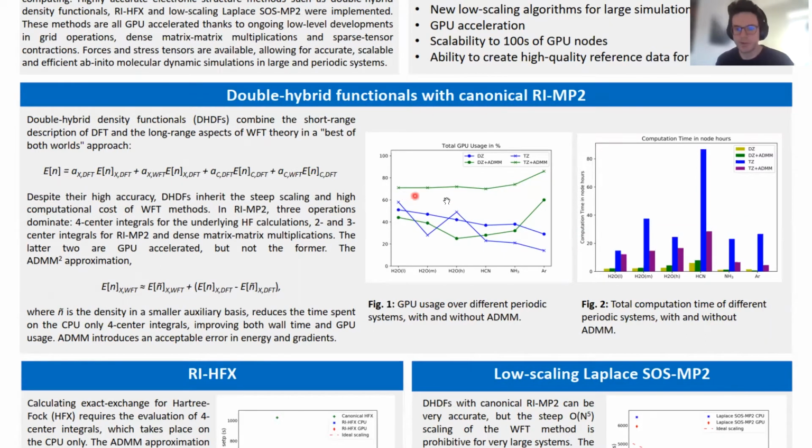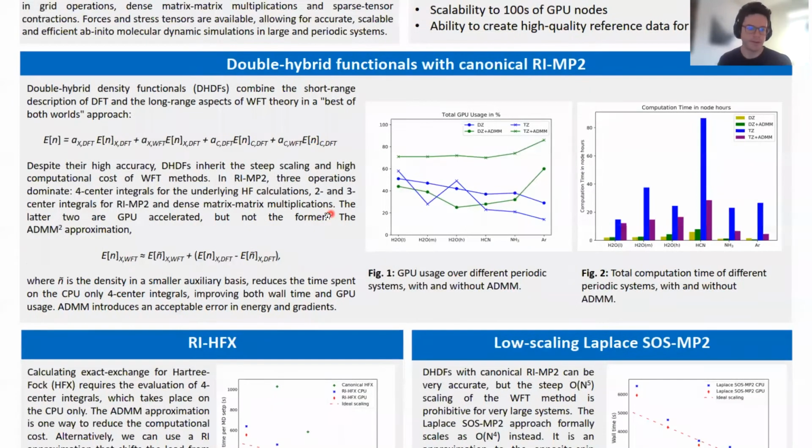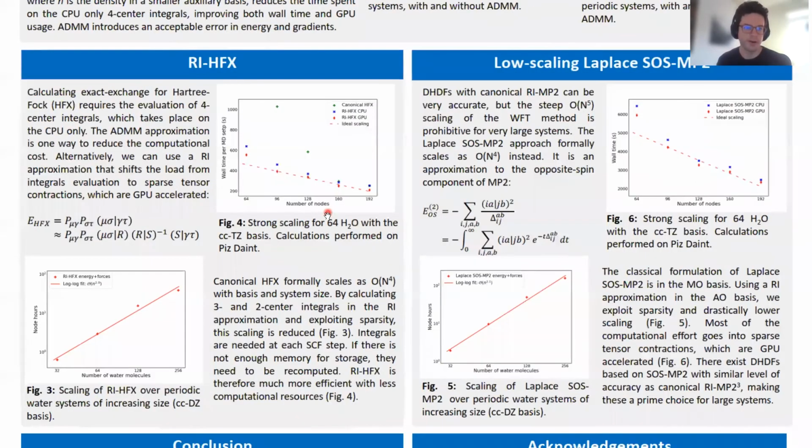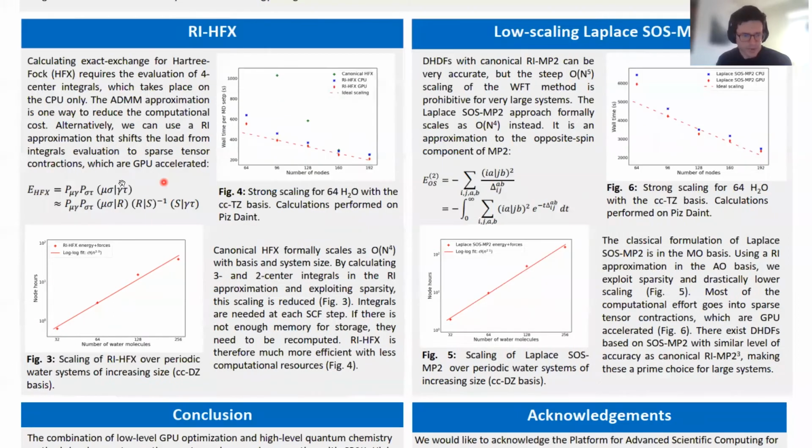So in our case here, we've been able to do calculations that use around 75% of the GPU at best, which is quite good. One of the biggest issues with MP2 is that we need a Hartree-Fock ground state. This Hartree-Fock calculation relies on these four-center two-electron integrals, and these are evaluated analytically on the CPU, so there is no GPU acceleration. And one way to circumvent that is to use the RI approximation, so we go from